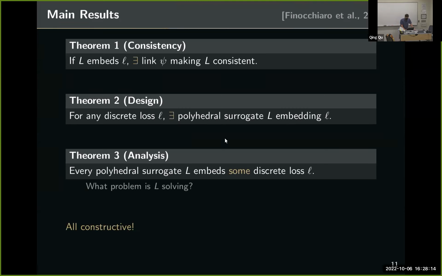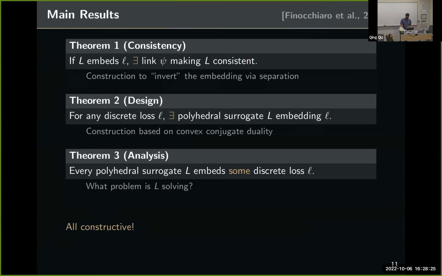All of these results I've stated as existence, but we give constructions. We give a construction to invert the embedding to get a link, and I'll tell you a bit about that. I don't have time to tell you about how to construct these polyhedral surrogates. That's also pretty cool. We use a construction based on convex conjugate duality. And for this last one, there's a key lemma that we'll use a couple of times in the examples, which is